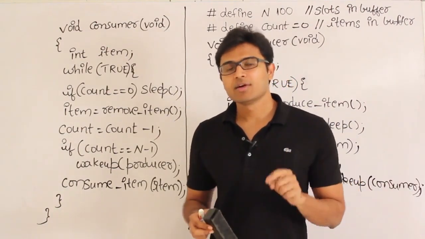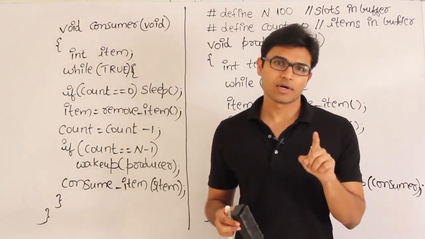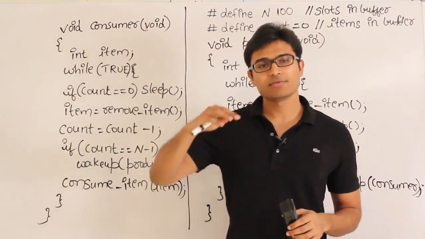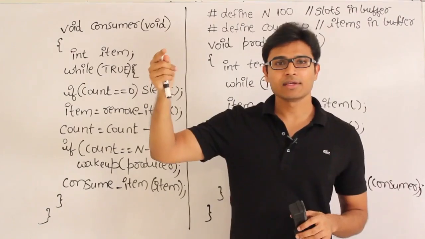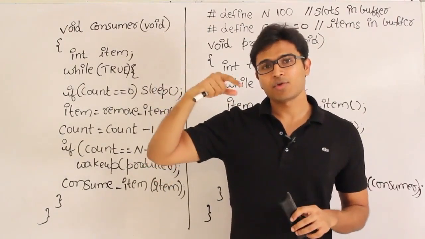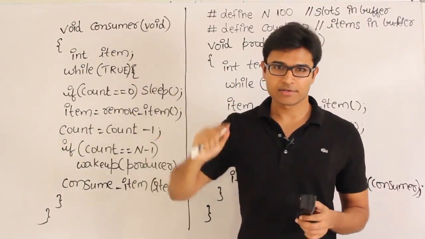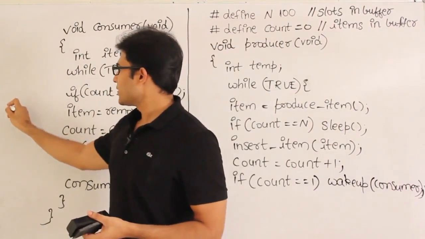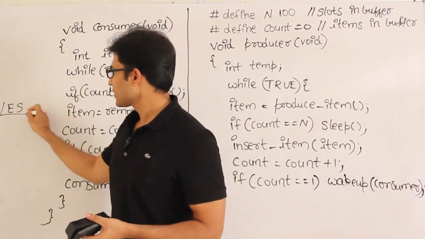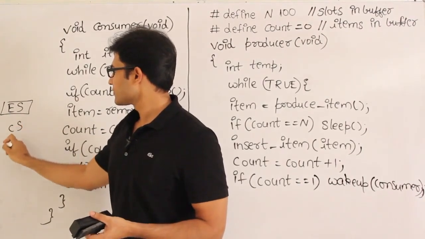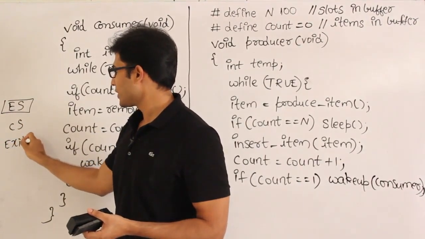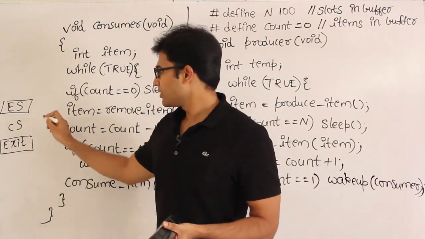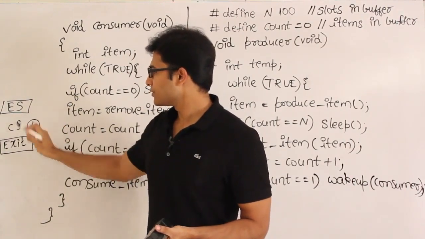And second thing is, moreover, this might lead to a problem of priority inversion. What priority inversion is? If a process with high priority has not yet come, and if a process with low priority is inside the critical section, I already told you this if you remember it. See this, assume that there is the entry section and there is critical section and there is exit here. And now a process with low priority L is inside the critical section, it is here.